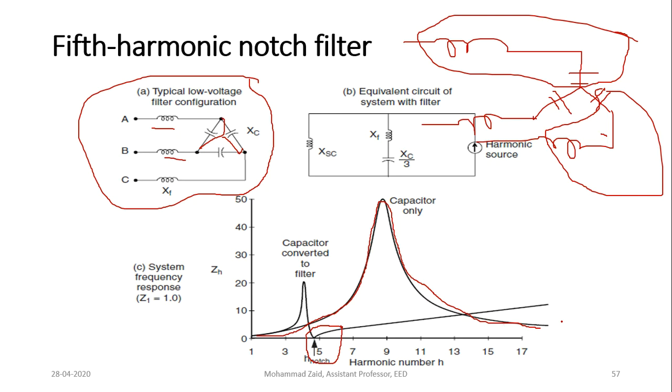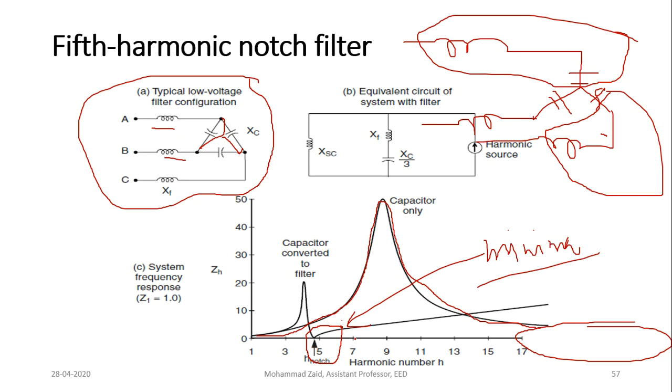Okay, a capacitor will not be providing that minima at a particular frequency. It may provide for some of the higher order harmonics, where the impedance may get less, but we want a particular harmonic to be eliminated, so we want this minima. Till the point this minima is coming, that means your filter is working fine.